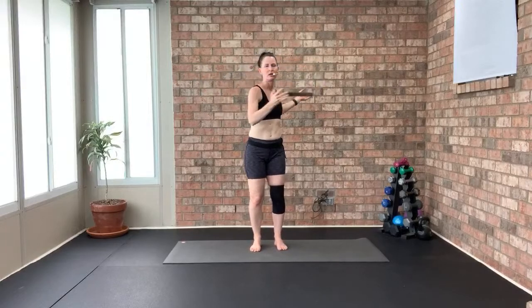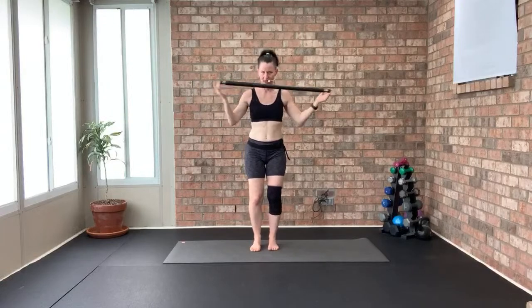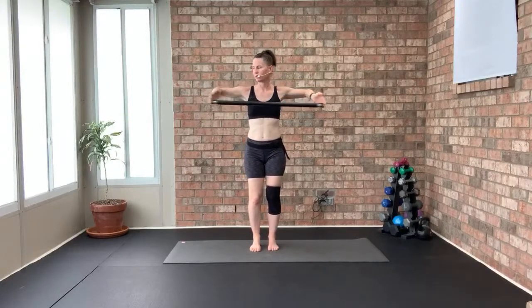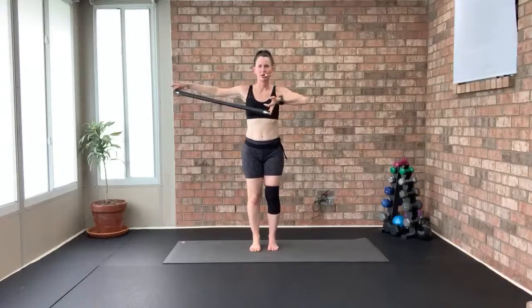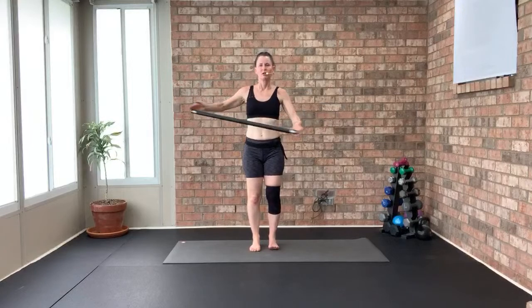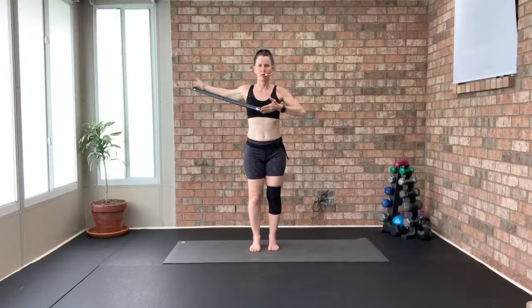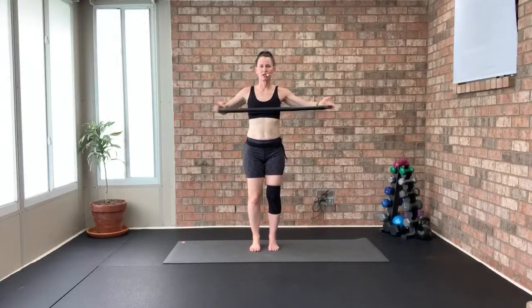Now, take it right here to the chin, side to side. Soft bend in those elbows. So lengthen, push, push, push, push. Shoulders melted away from your ears. Push, push, lengthen. So as I take the stick back, I'm working shoulder